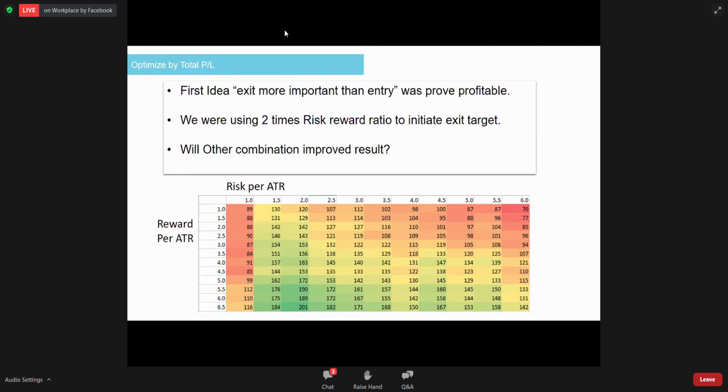So I'm doing optimization to understand my strategy. It's not trying to fine tune it to make it more profitable. If you do optimization using some kind of software, usually it will lead you to a dead end. Why am I saying this? For example, you have a set of data like this, and you put two moving averages there. You try to understand which parameters give you the most profitable result on this set of data.